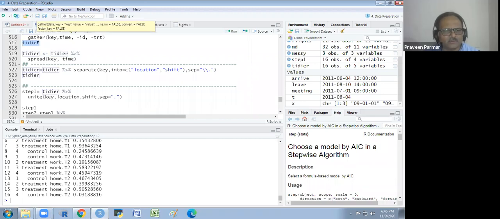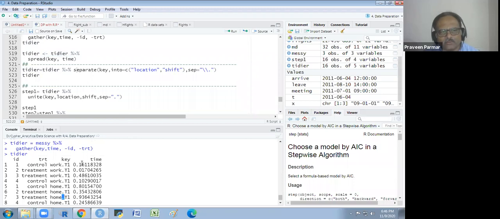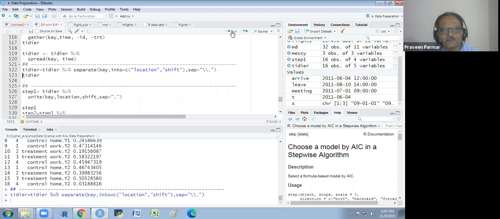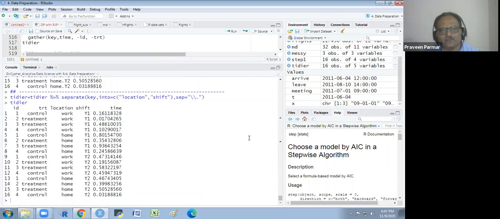So I will change next time. It caused some confusion. So you see, when I separate it by this dot, it will separate location and shift into new columns that I want to generate instead of key. So what I am doing, the key I am separating into location and shift. You know that separation should be done through this dot. Yes. Got it? And if I run this and show you now, you see there are two columns,